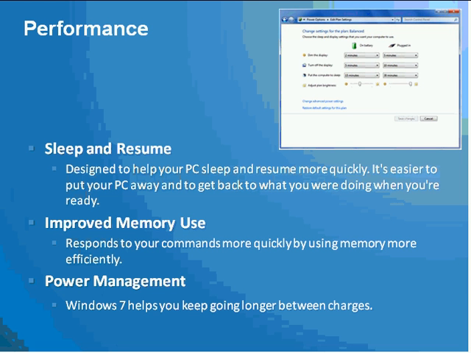So this is a feature which has been greatly enhanced, and everything comes back in the resume stage really, really quickly. Power management, obviously Windows 7 is much better at handling devices in a very power efficient manner.